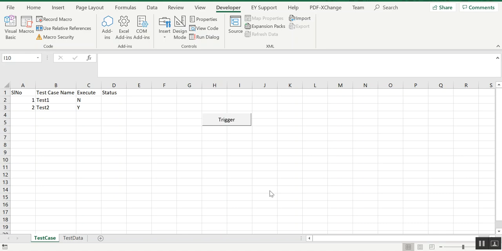So I have already created the XLSM. That's the macro file which will be used for this video. And I have two test cases, test 1 and test 2. Based on the status of this execute column only, the test case will be selected. If both are Y, then both will be selected. If one is N and one is Y, whichever test case has the execute status as Y, it will be triggered and the status will be updated in the D column, and this trigger button will trigger